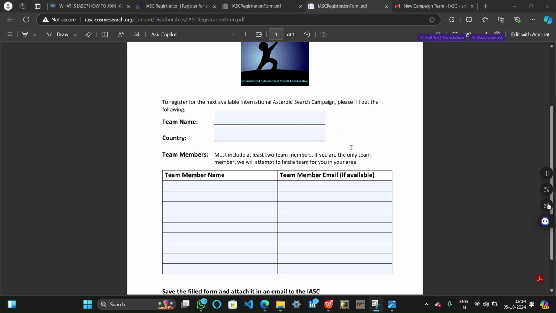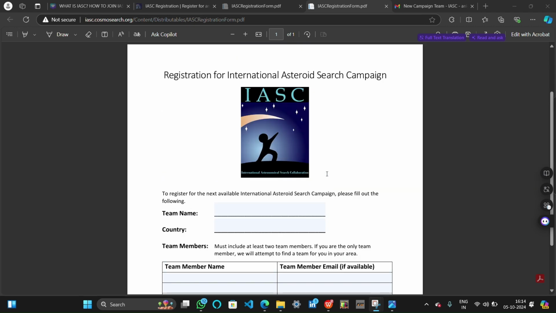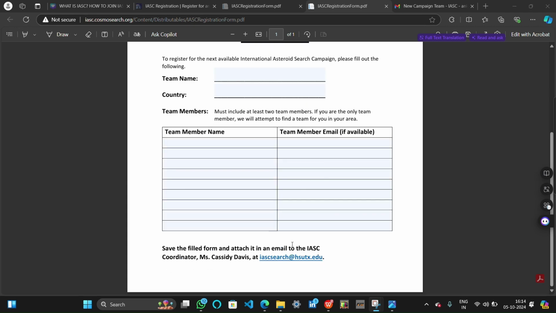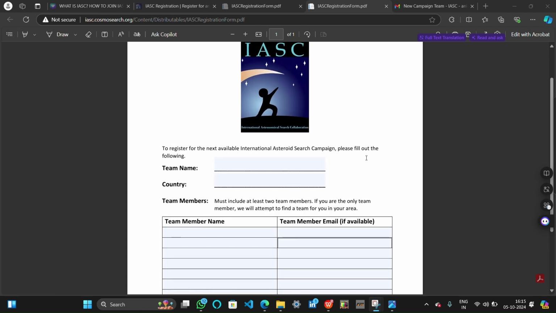You have to fill all these details, and after filling them you have to attach this form and mail it to the IAC coordinator Miss Cassidy Davis at iacsearch@hsutx.edu.